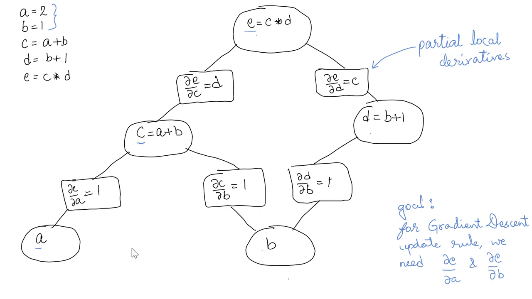Hi, so let us discuss how we can form a computation graph for a very simple set of equations. Given these equations, first let us consider that we are not given these values in the beginning. So this is what the static computation graph would look like. Here we are denoting the nodes, or these variables on the left hand side, using these ellipses. First at the bottom we have the input nodes A and B. Then we have the derived nodes according to these equations: C, D, and E.